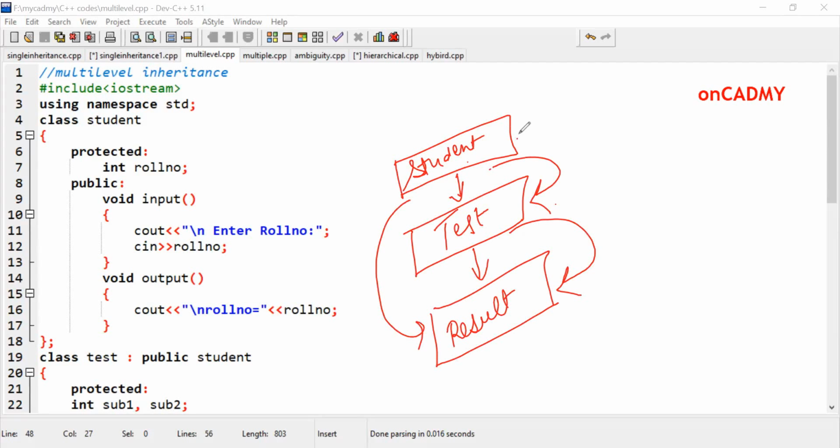Student class is containing data member as roll number. Test contains data members subject 1, subject 2, and result will compute and display the total of these subjects and also display the roll number of the student. So the members of student class and test class will be inherited by the result class through these levels, and we will use member functions in the public section in order to access the data, where data members are